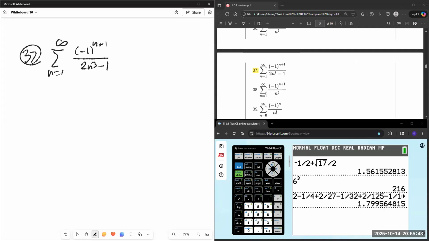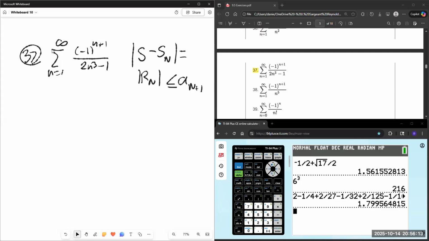So what I want is the absolute value of S minus S sub N, which is equal to the absolute value of the remainder, because the difference here is the remainder. I want that to be less than or equal to a sub N plus 1,